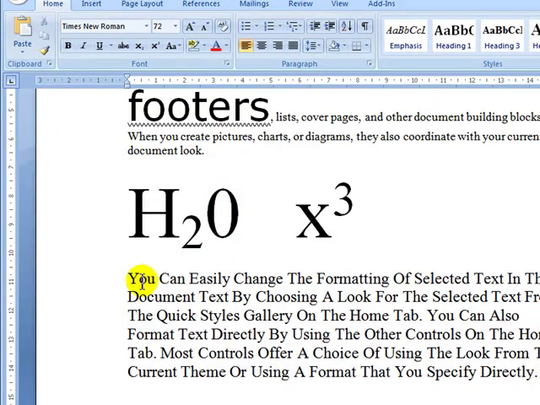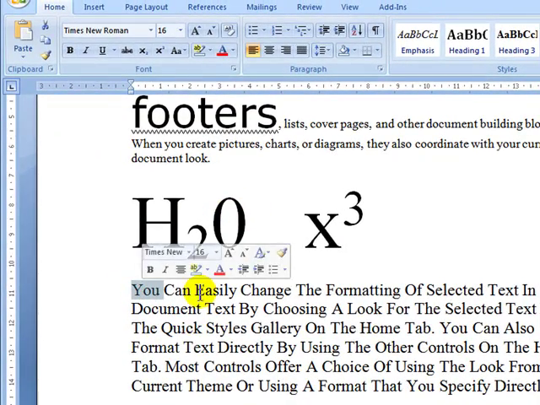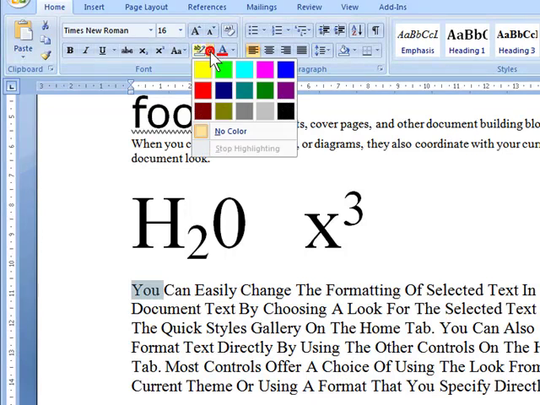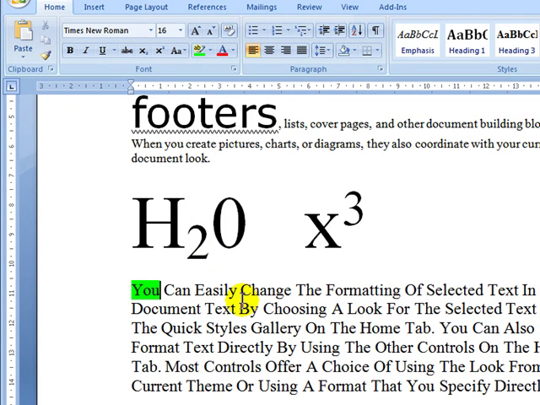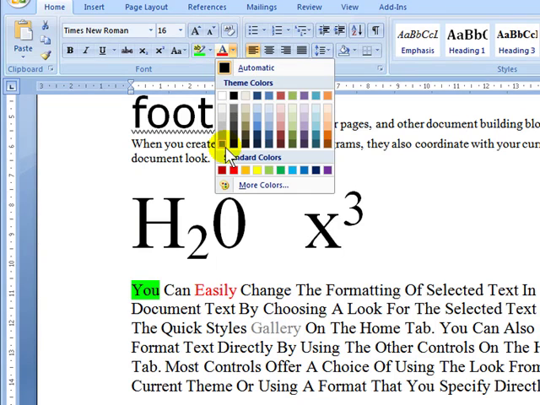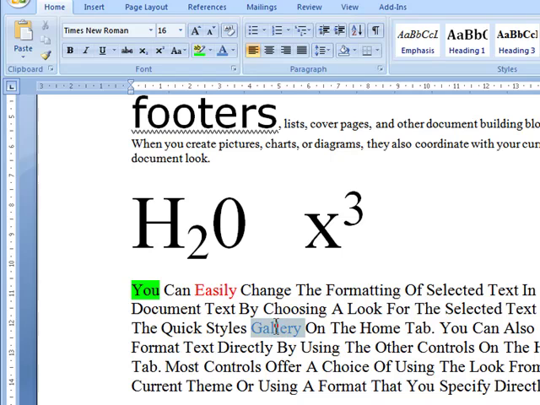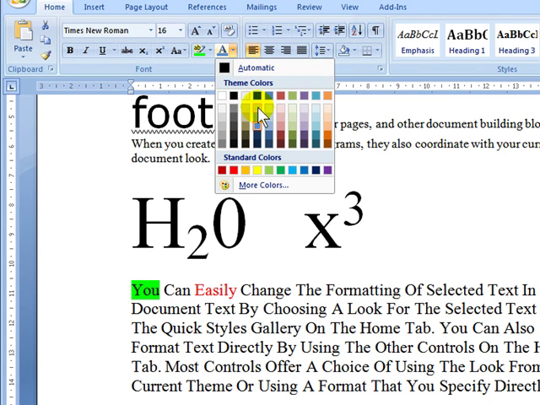We can also do highlighting. Double click and I can just highlight the text itself. Okay, so I can easily select different types of highlights. I can also change the font color, and of course you would have noticed by now that whenever I select a text,